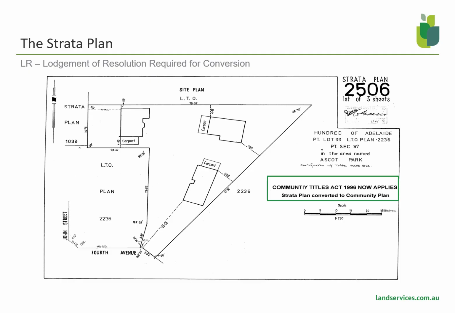As you can see, they have chosen to adopt the Community Titles Act by previously lodging an LR dealing to adopt the Community Titles Act, and we have updated the strata plan accordingly. However, in this example case, when they were going through the process to convert, and they had gone out to do the outer boundary plan, they disclosed that the adjoining allotment was encroaching onto the common property and Unit 3 was encroaching onto allotment 65. To rectify this situation, instead of lodging the outer boundary, they had to do it as a division plan.